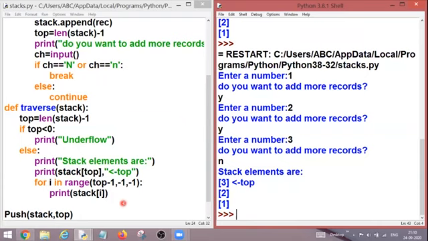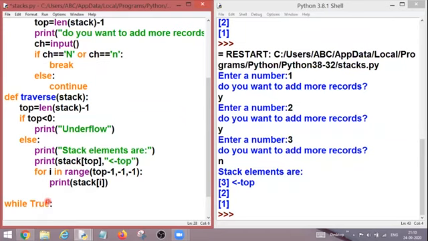Now, as I told you, we'll learn how to create menu-driven programming. So I'm going to start with it. I'm going to start with my while loop, while True. So let me create that. If I press 1, that means I'm going to use the push operation. If I use my second point, that means I'm going to do the pop operation.